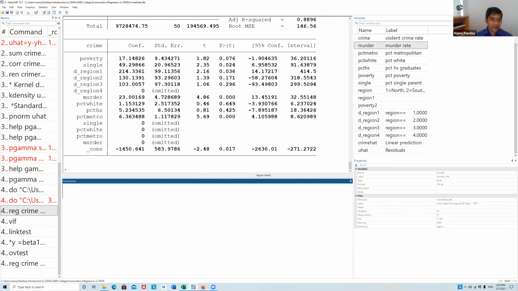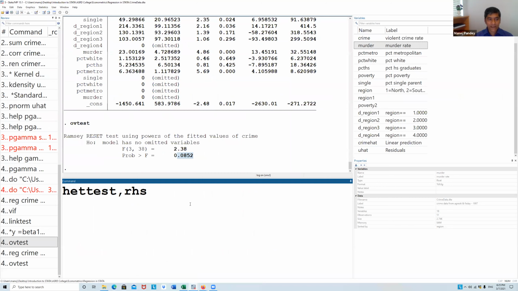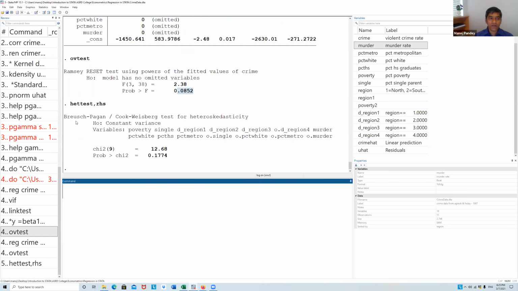Then one final thing which students always find hard to read, even the word heteroscedasticity. It took me a long time to read it properly. So homoscedasticity and heteroscedasticity, and I'm not sure whether I am even pronouncing it correctly today. But this is one of the things that hits econometrics students. So this is a test called the heteroscedasticity test, and this will give you basically the Breusch-Pagan test.